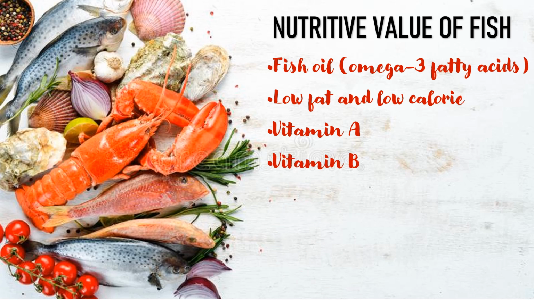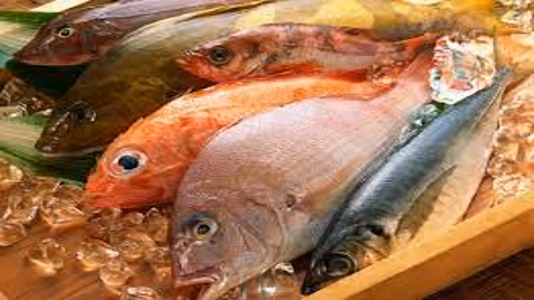Vitamin B gets energy from food. Iodine helps in metabolism. Selenium for antioxidant. And zinc strengthens the immune system. Fish is an overlooked food source for many people. There are dozens of varieties of fish with a variety of flavors and cooking styles to suit any tastes. Remember, eating fish is a great alternative to eating red meat, potentially providing a broad range of health benefits.